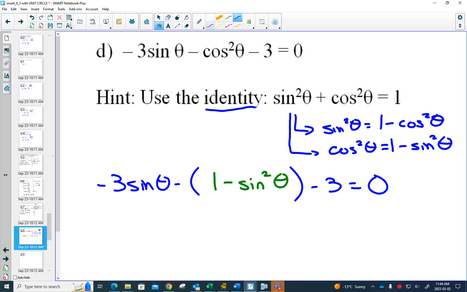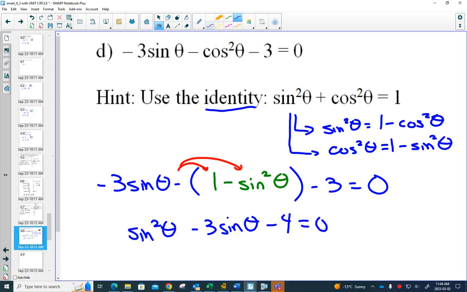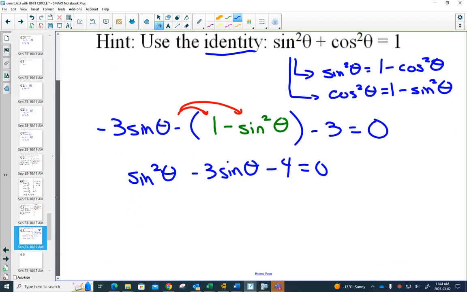And if I multiply this out, right, because I'd have to distribute my negative, my sine squared will be positive. I'm going to write that first because it's a quadratic equation. I still would have minus 3 sine theta. And can you see that you have a minus 1 and a minus 3 will give you minus 4? Yes, no problem. Now for factoring this,